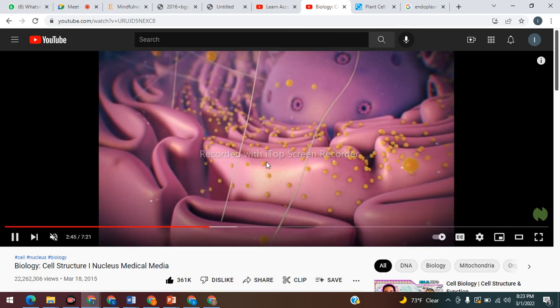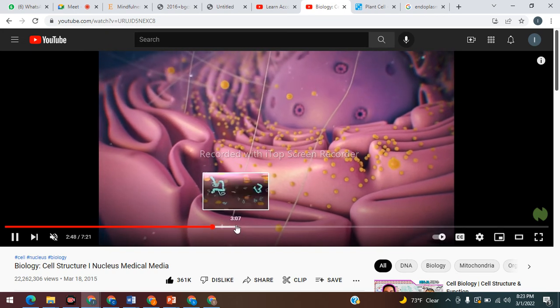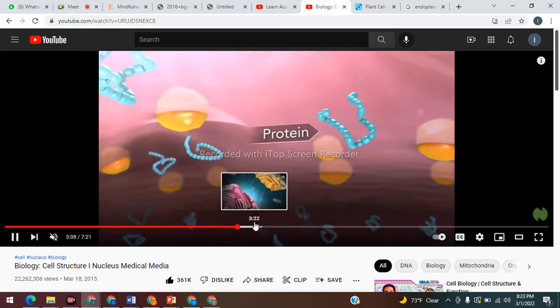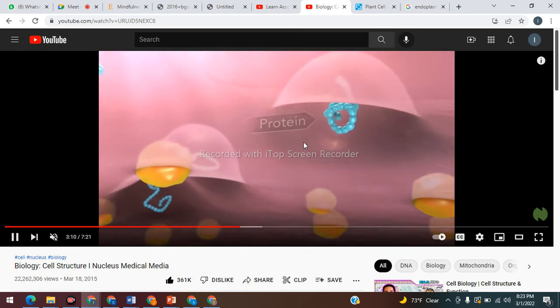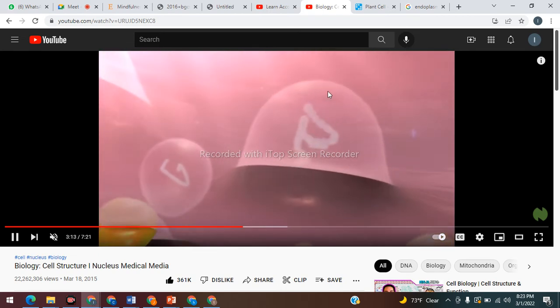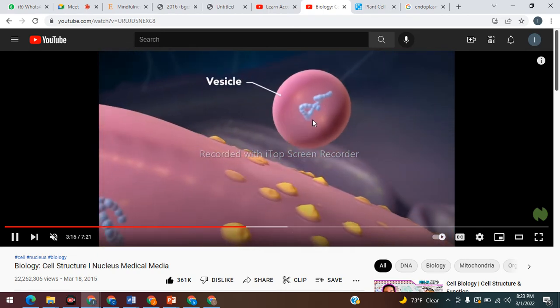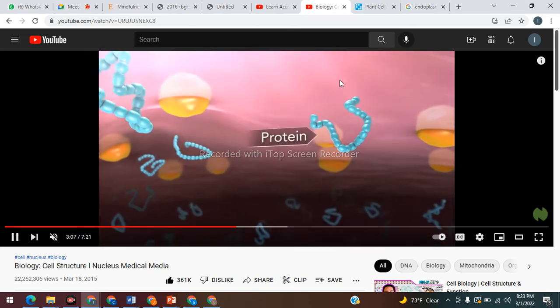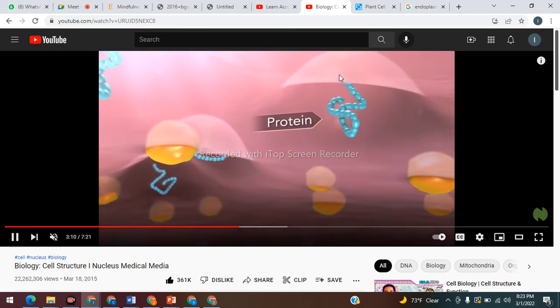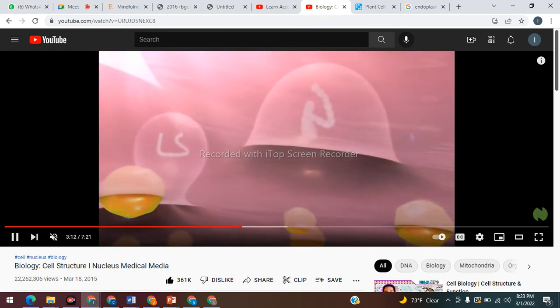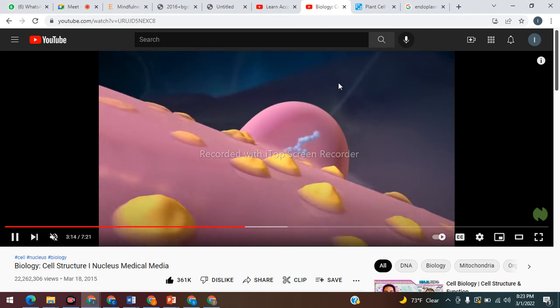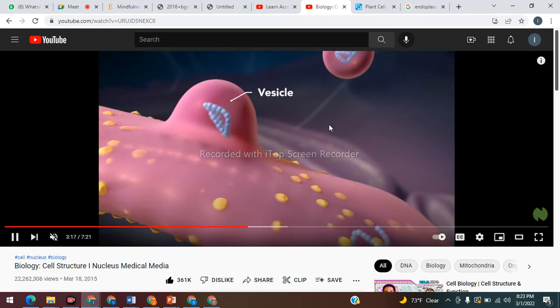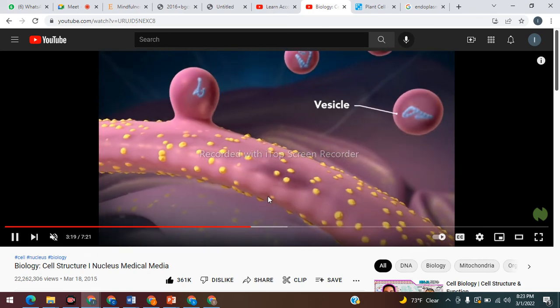Because this is the nucleus, it's right next to the nucleus. And then we have proteins inside there. And like I said, it determines what comes in and out of the cell. So now this is outside of the cell. You see that? So it had to pass through what to get outside the cell? It had to pass through the cell membrane. You see it coming out? So it had to pass through the cell membrane. That's why the cell membrane is important.